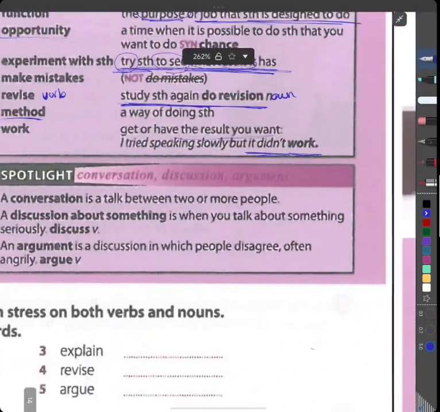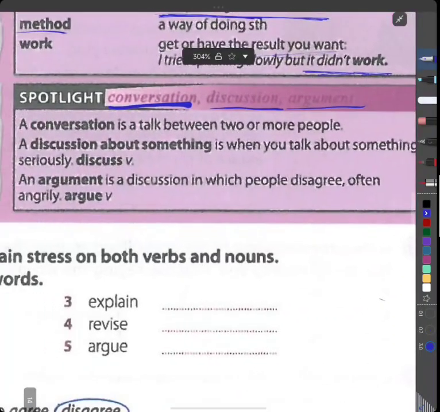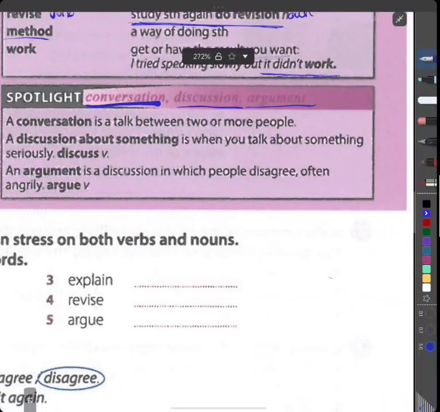خب ببینیم اینجا چی میگه. Conversation, discussion and argument. What is the difference between conversation, discussion, and argument? A conversation is a talk between two or more people. A discussion about something is when you talk about something seriously. The verb is